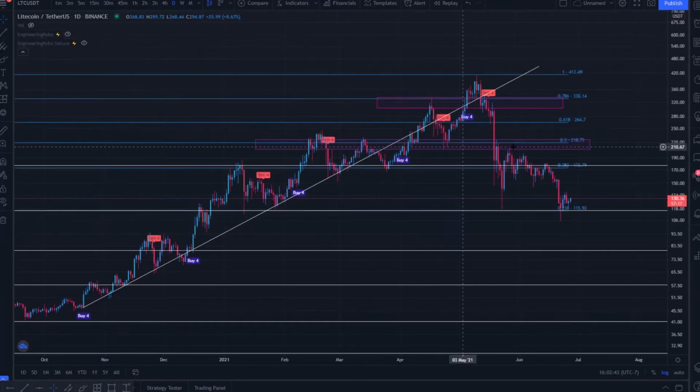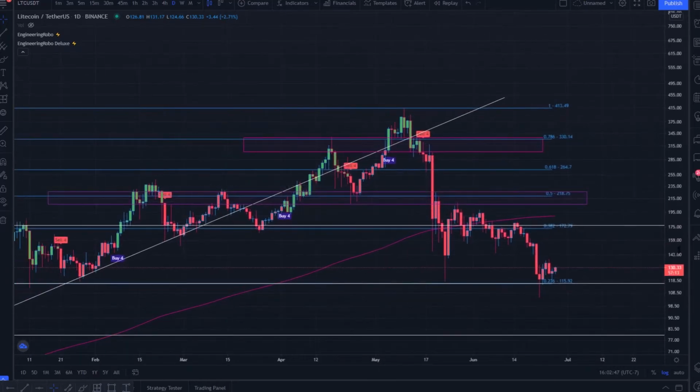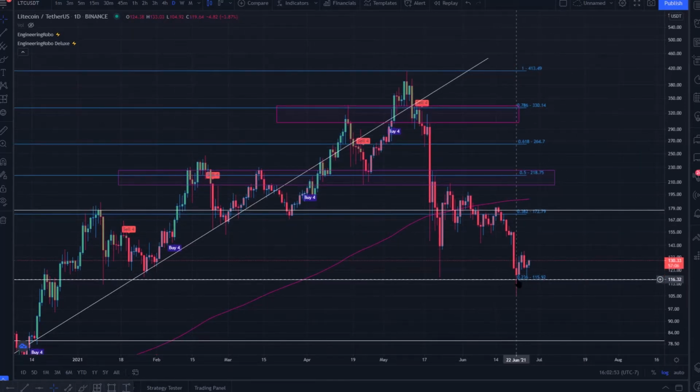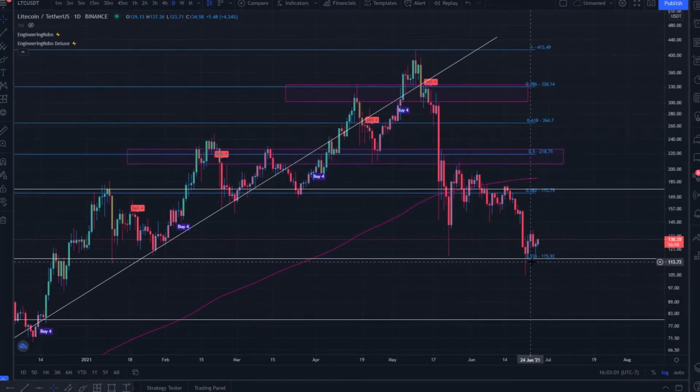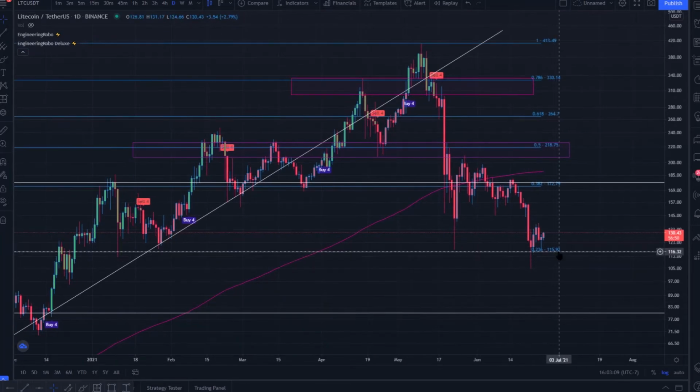But when we consider the Fibonacci geometry lines of symmetry, we can see a new perspective come into play. We have the 0.236 Fibonacci line supporting my $116 level as a potential significant support. So we very much could bottom out and bounce here, although failure to hold that level will bring us likely toward 100 again, and my bearish target past that is the $80 level, if we are bearish enough to fail to hold that $115 level.